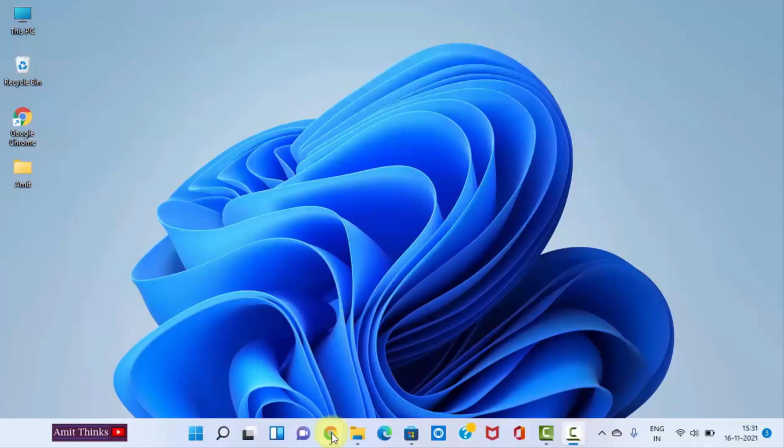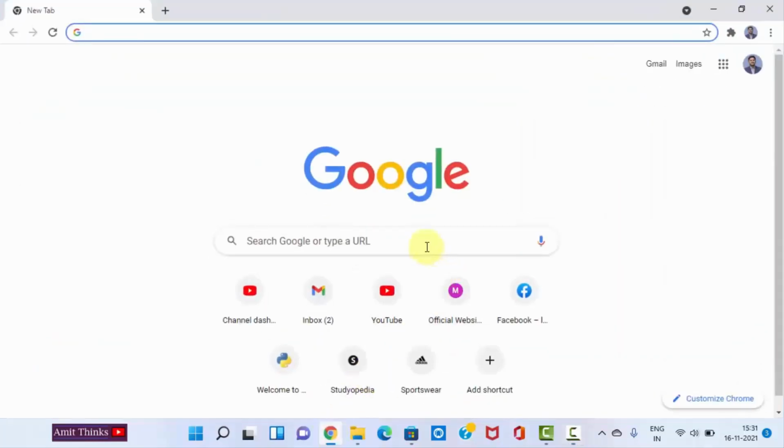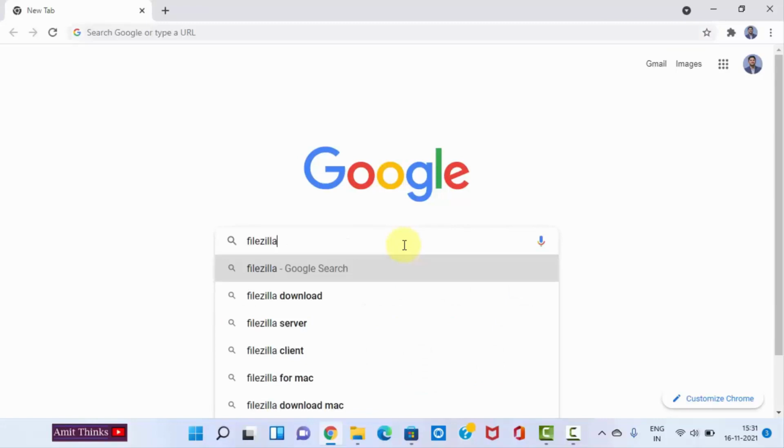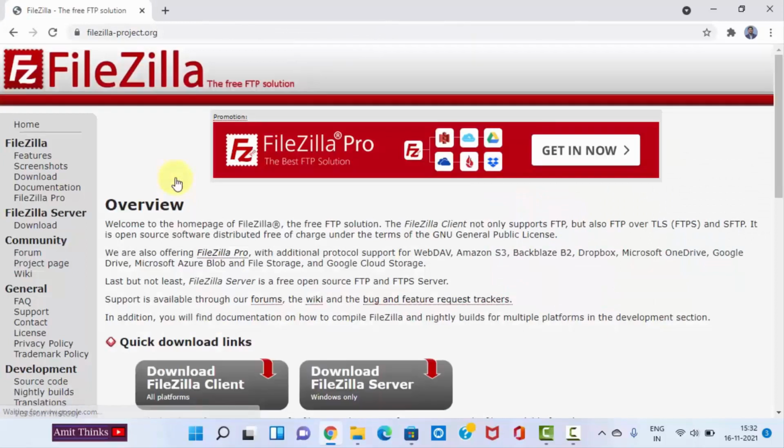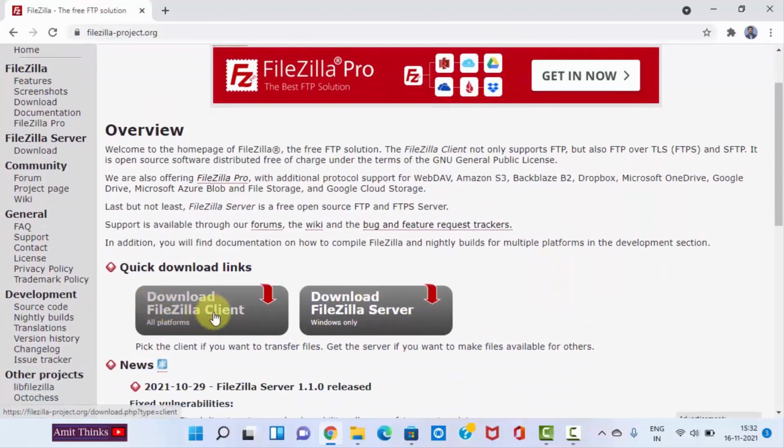For that, go to the web browser. I am using Chrome. You can use any browser. On Google, type FileZilla. Press enter. Here you can see the official website of FileZilla is visible. It's written that it is free and open source. You can use it freely. I'll click on it. Now the official website is visible and the following is the download link for FileZilla client